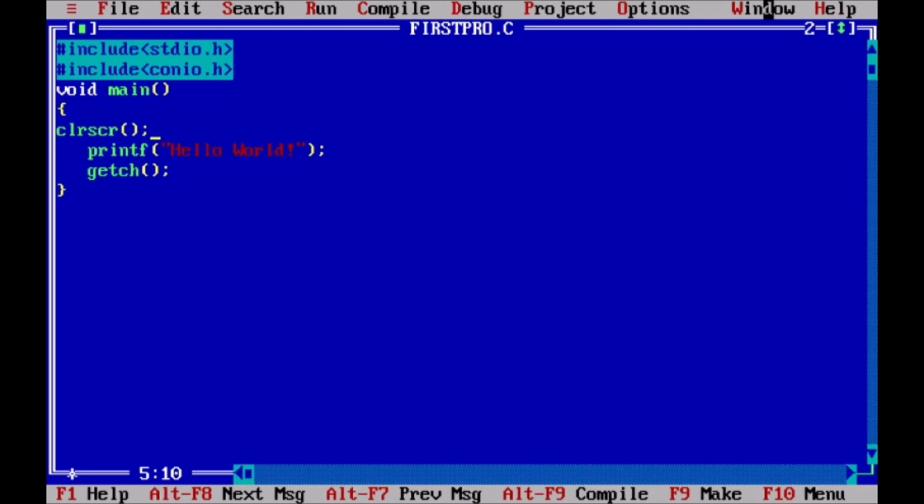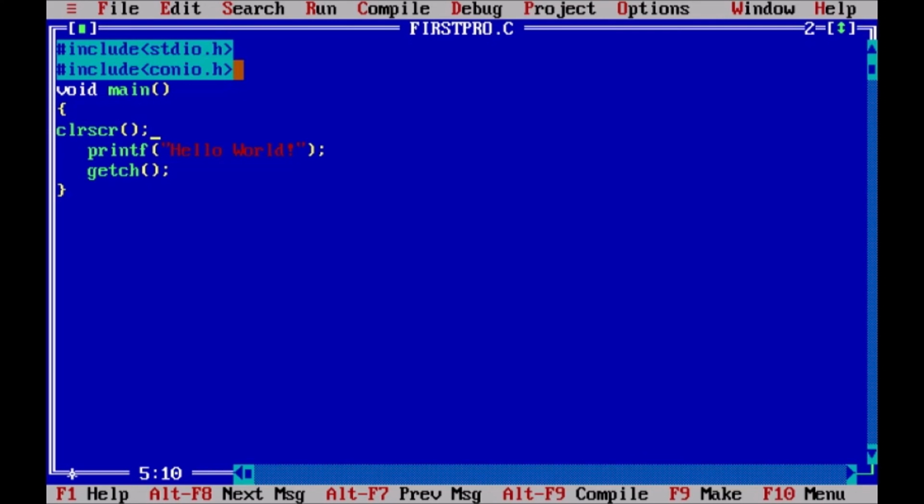But before ending the video, let me explain something important. This header file stdio.h is known as standard input-output header file, which means it contains the functions which are related to input and output operations. The next file is conio.h, that is console input-output header file.